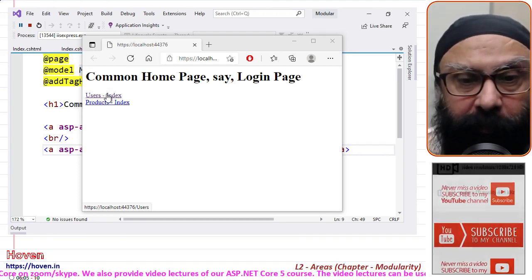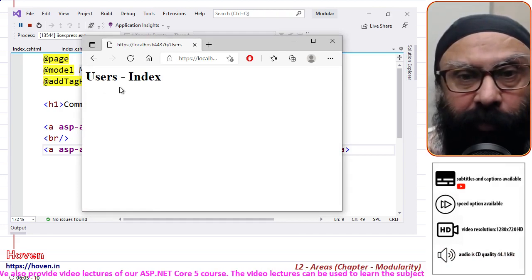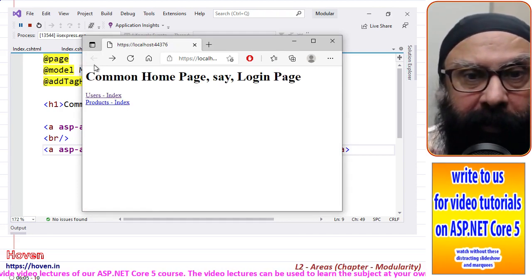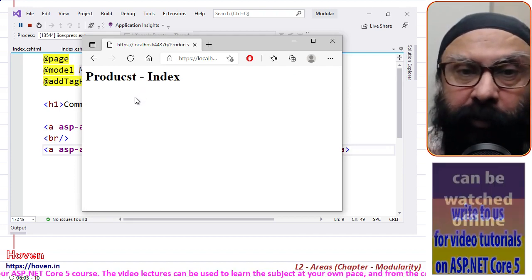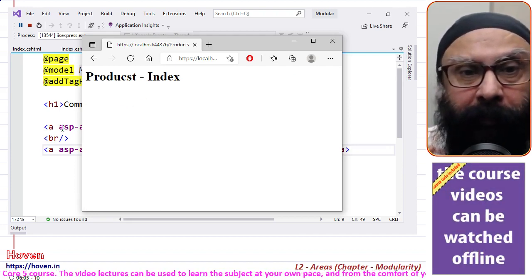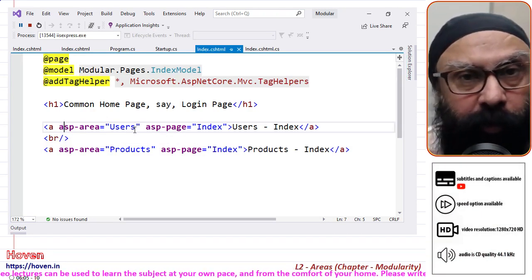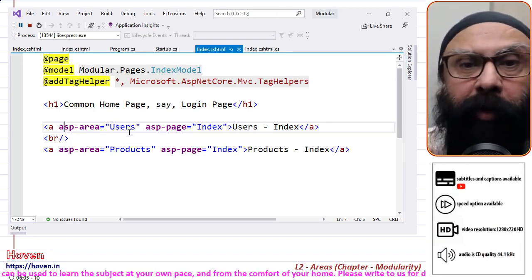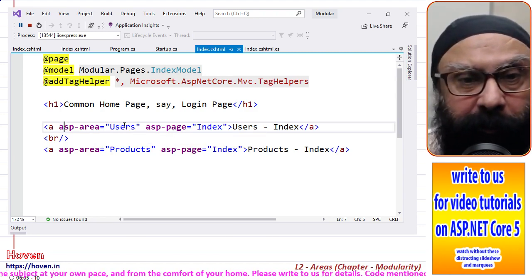This will take me to the users area. Click here, users index, click back, products index. So this is how it is working, and the trick lies in using this asp-area equal to users. So wherever you want to come back to this area, you will be using this asp-area.